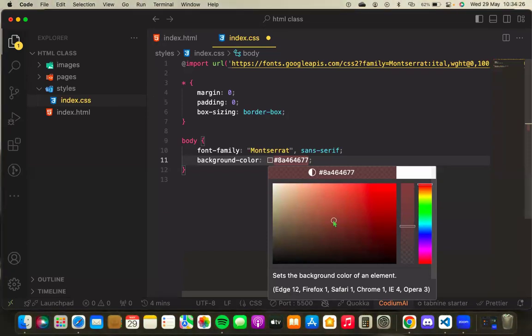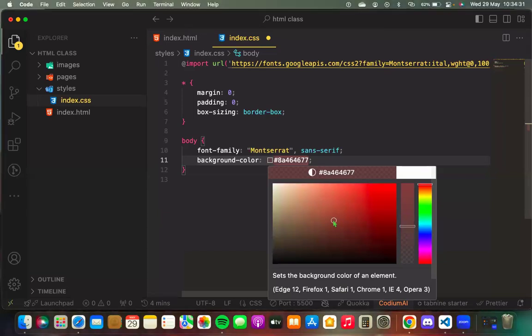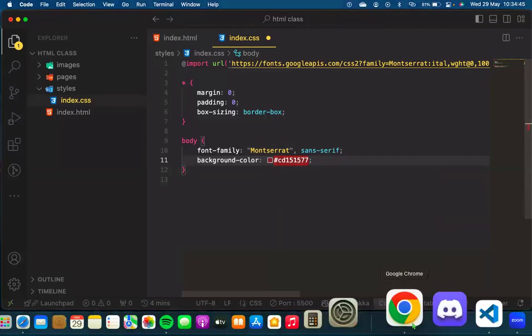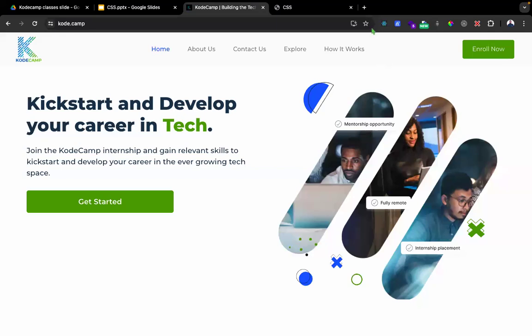Most times, if you are working with a UI/UX designer, all the color codes you'll be needing will be attached to everything you want. But if you are not working with a UI/UX designer and you're just developing colors yourself, that's when you're going to be having issues. So if you want to develop a website, when there's no color, there's always a place I go to get all my colors, which is called